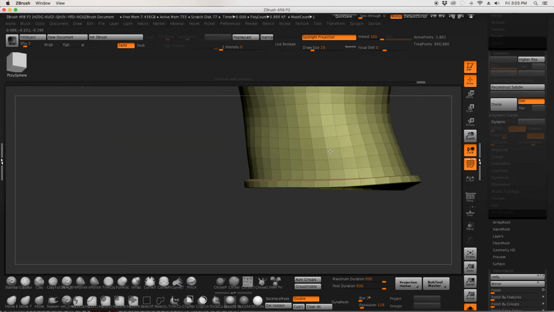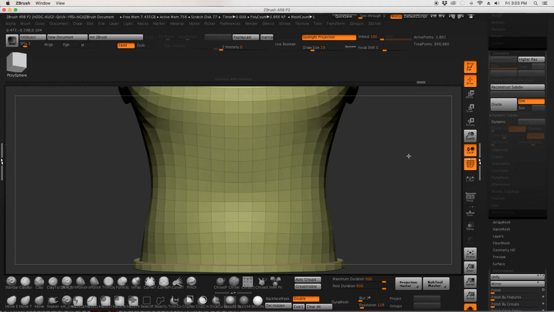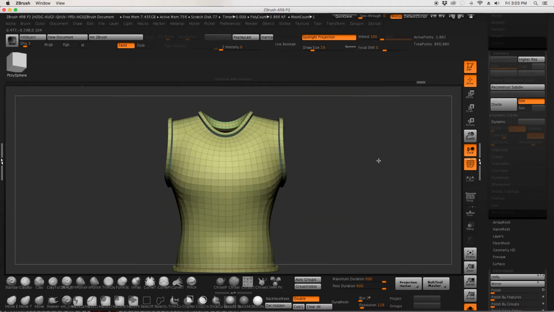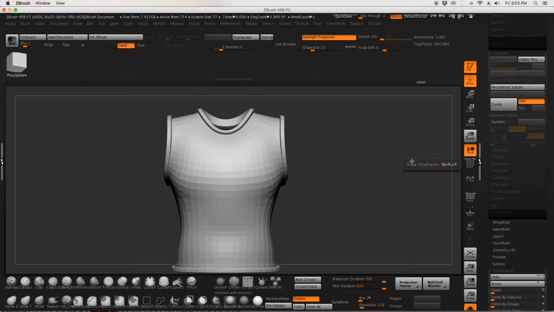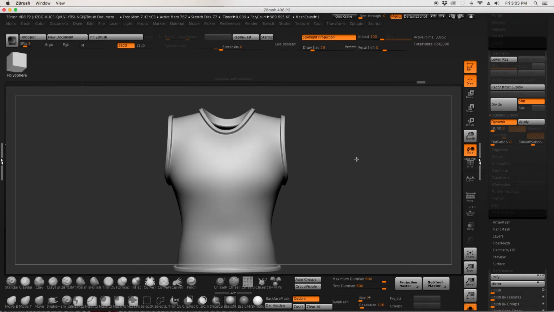So now let's go ahead and smooth this guy out with our dynamic subdivisions. Let's just push it back a little bit here. All right, I'm going to turn my poly frame off. Remember, the hotkey for dynamic subdivisions is just hitting D. And there you go. So now you can see with holding edges on there, we've got a nice, crisp, clean